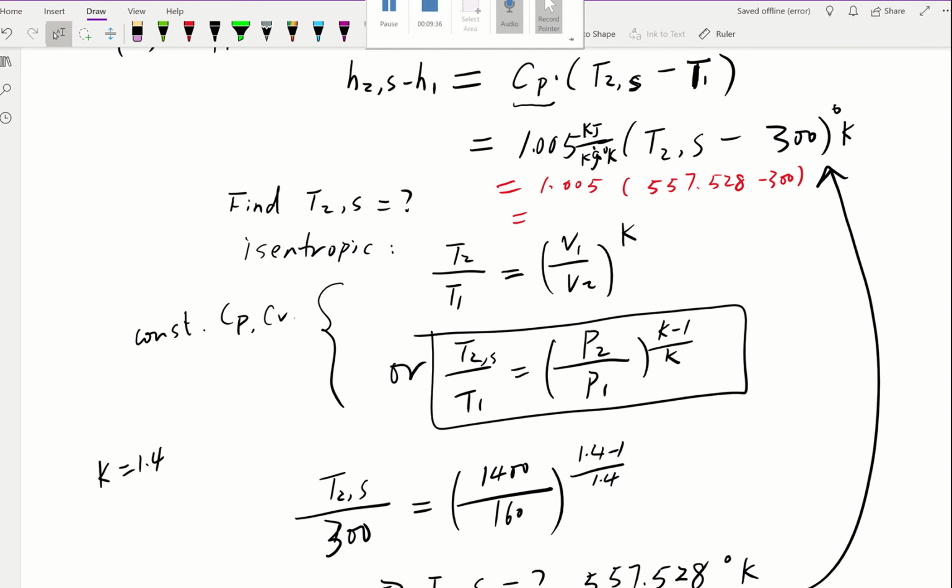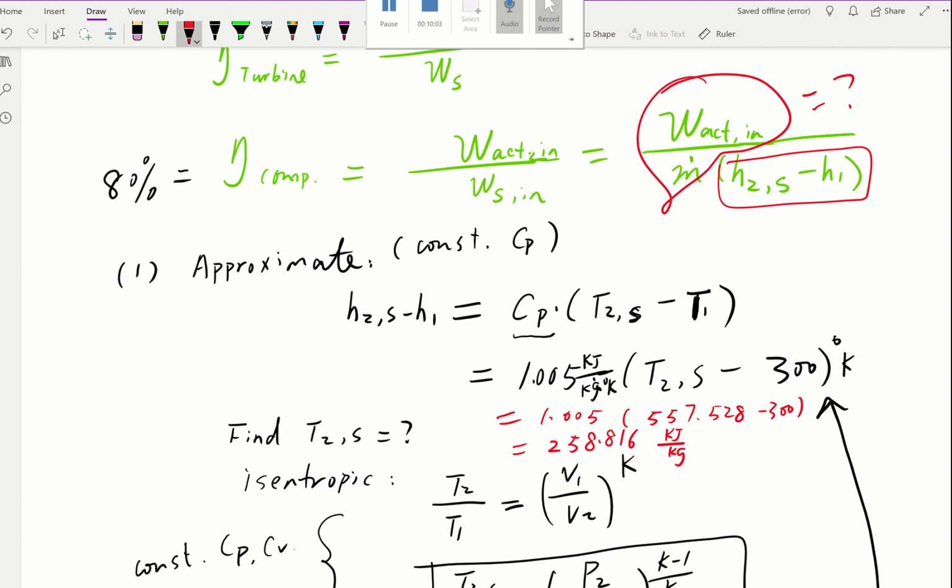Okay, so that's 1.005 times 257.528. That will give us the answer 258.816. Okay, so that will give us a unit of kilojoule per kilogram. All right, knowing that, we can come back to solve here, right? So now we can say our H2,